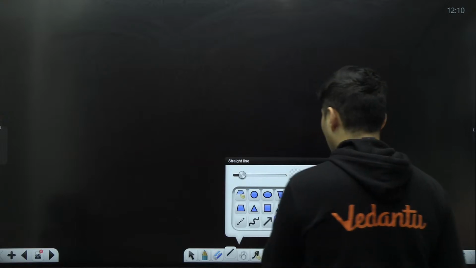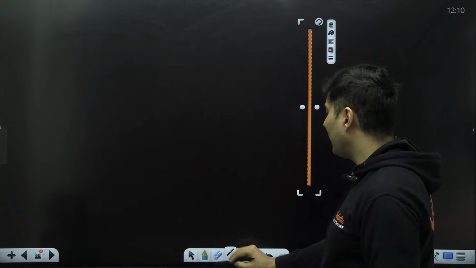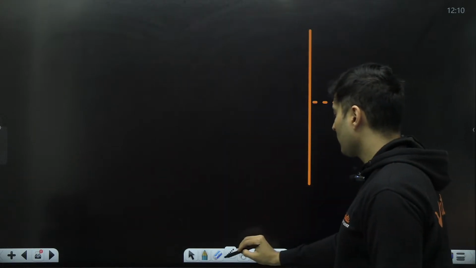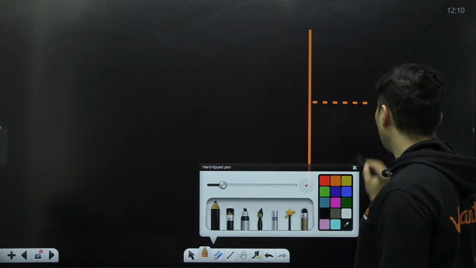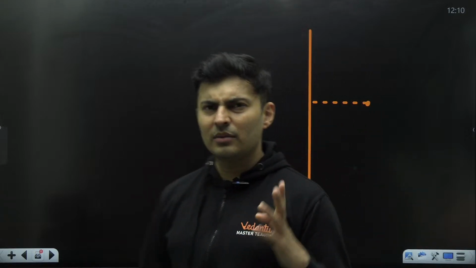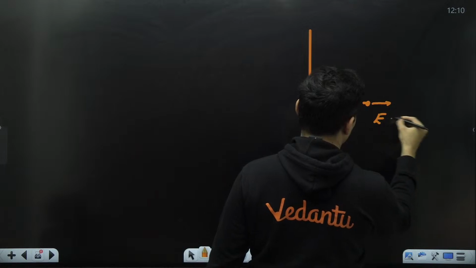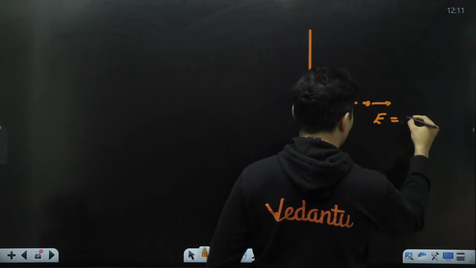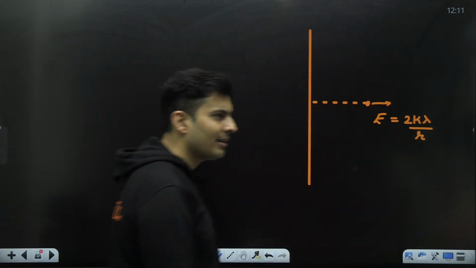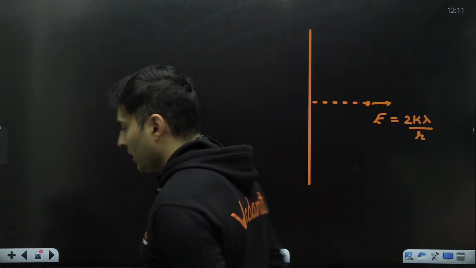First of all, you start off by taking a simple wire, let's say along the y-axis. And let's say you are at some distance from it. And at that particular distance, I ask you, what is the potential? I don't know the formula for potential, but I know the formula for field. And the formula for electric field is, remember, 2k lambda by r. That is what it is. Perfect, everyone? Okay.